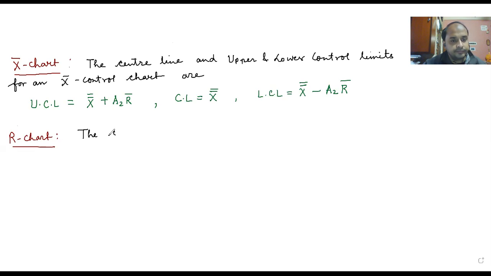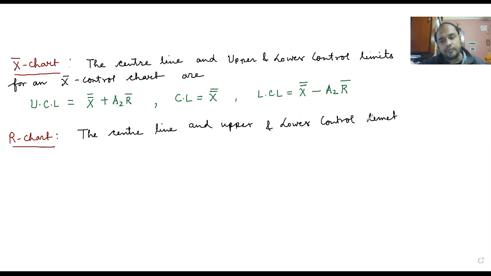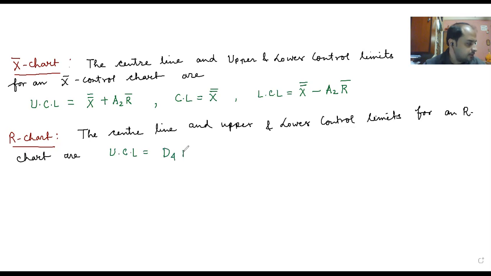The center line and upper and lower control limits for an R chart are: UCL is equal to D4 R bar, CL is equal to R bar, and LCL is equal to D3 R bar,